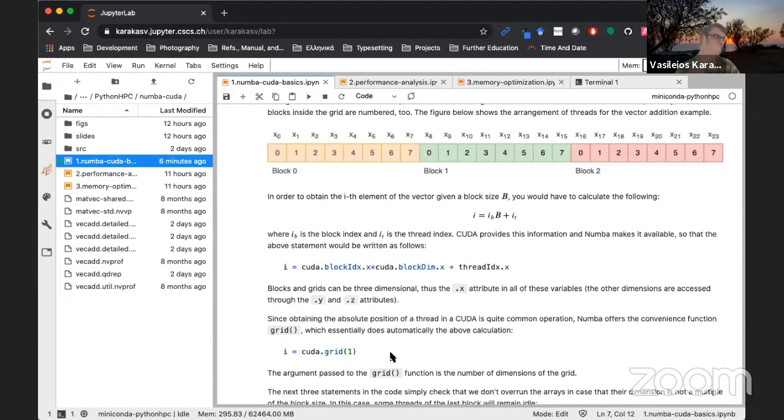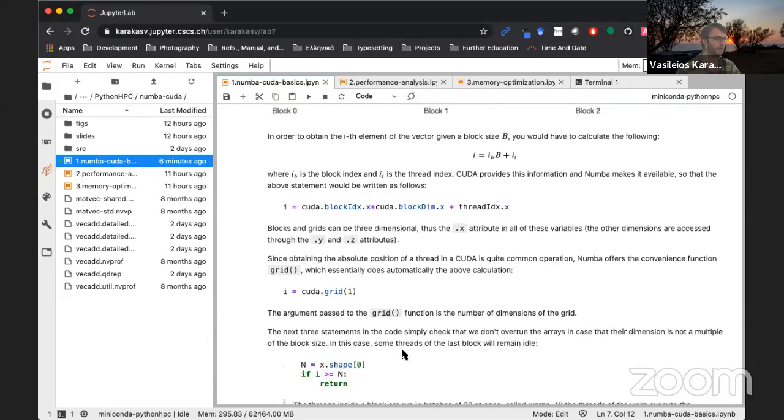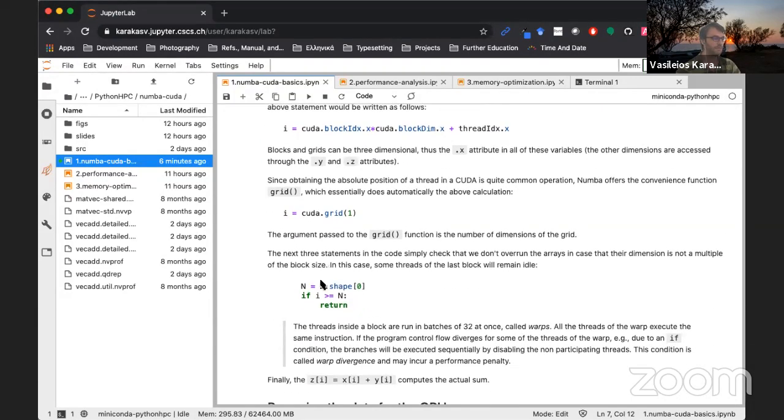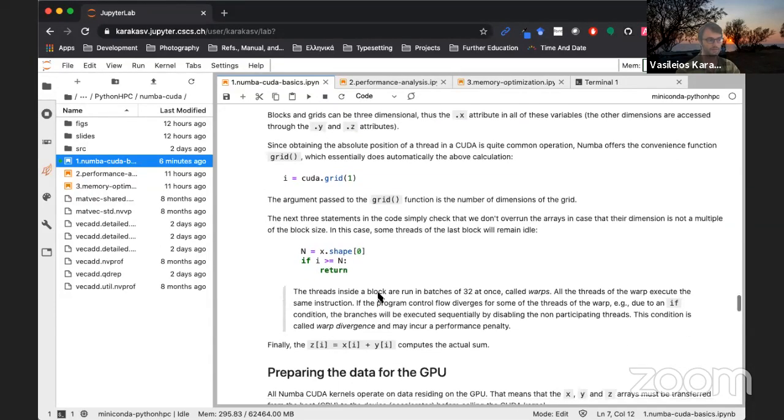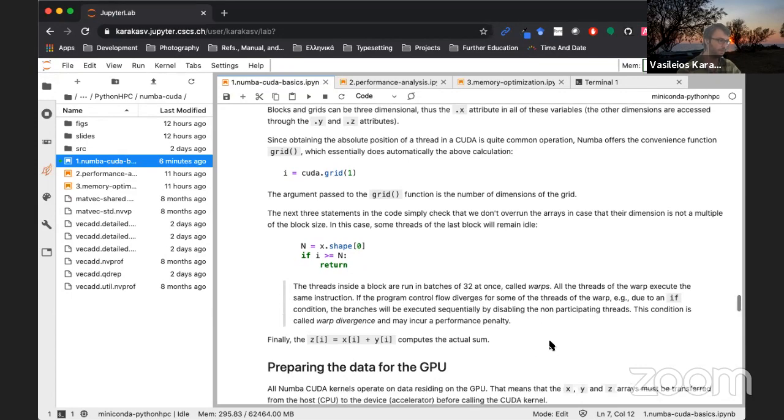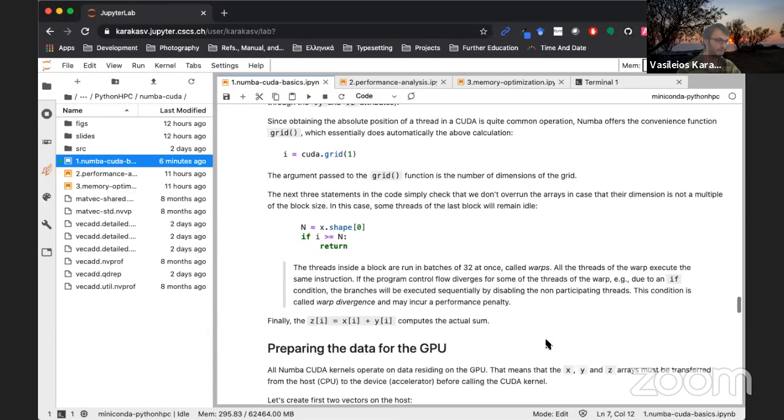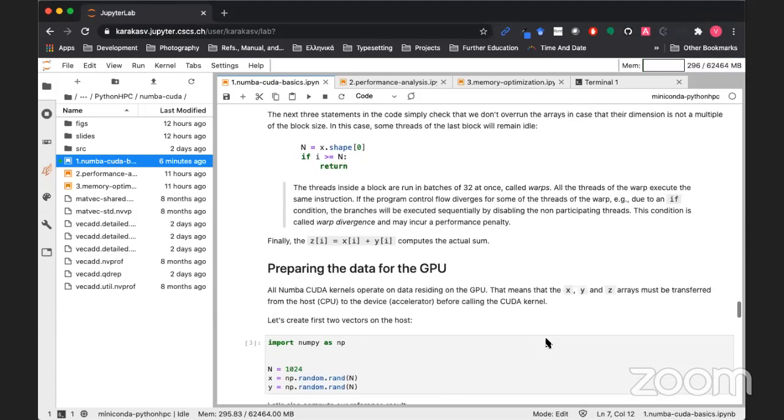And generally, whatever is higher level, usually they provide such a thing because it's very, very, very common. Now, next, as I said, we take the shape of the array. We just have an if there that we mask out the threads that have to do work outside the array boundaries. And then it's the actual sum. Now, it's not enough because—